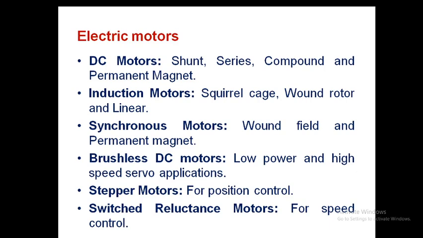Generally, brushless DC motors use permanent magnets. Inside there is an inverter to achieve the commutation part. It will take care of that commutation. Stepper motors are used for position control. Generally this will be used in robots. Switched reluctance motors, because of low inertia, are used in aircraft applications and space applications, because they have a high power to weight ratio.